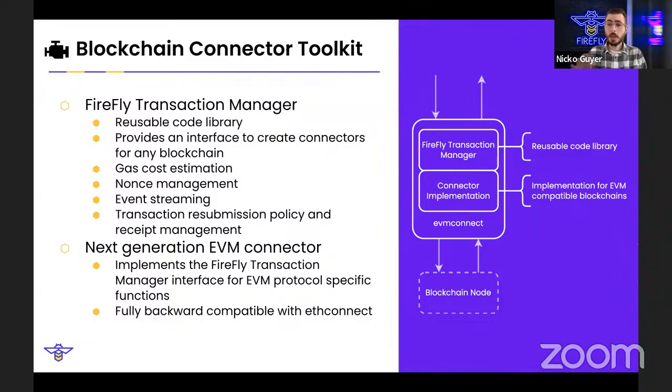And so EVM Connect is sort of the first blockchain connector that uses the FireFly Transaction Manager or blockchain connector toolkit to build out